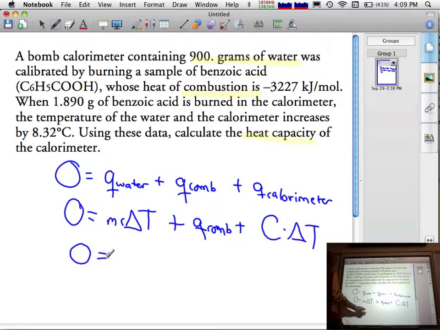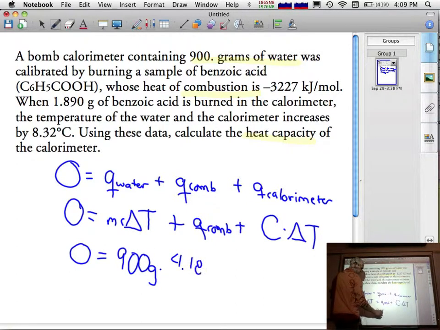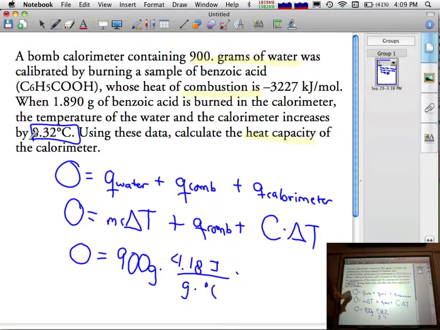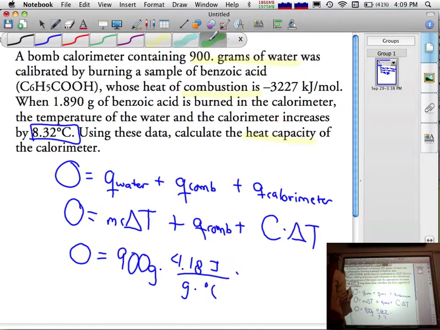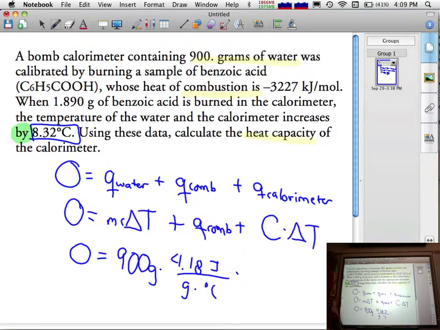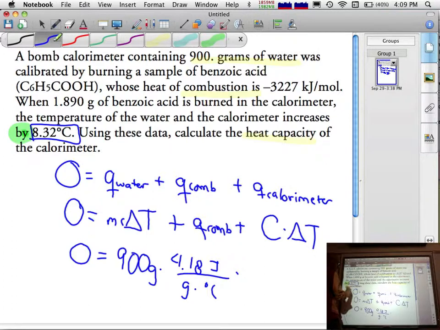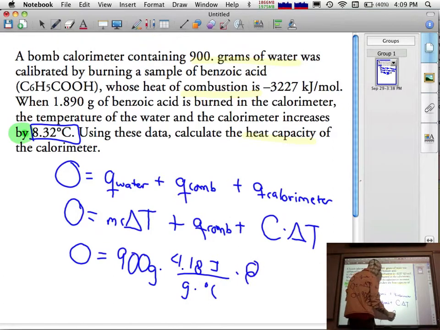0 equals, the mass of water is 900 grams exactly. You all probably have this number in your head, 4.18 joules over grams times degrees Celsius. What's our temperature change here? By the way, the words by versus at are often confusing to students. Change by meaning that's a change in temperature. It's not just a starting temperature or final temperature. Okay, so anyway, point of all that verbiage, 8.32 degrees Celsius plus